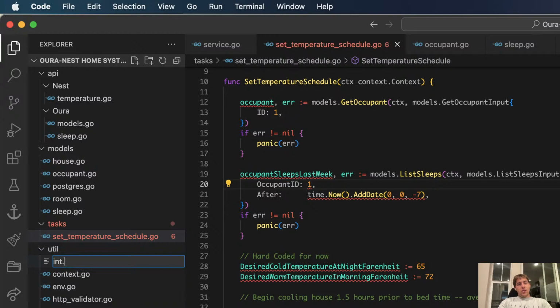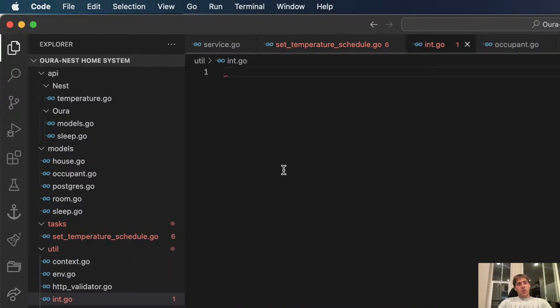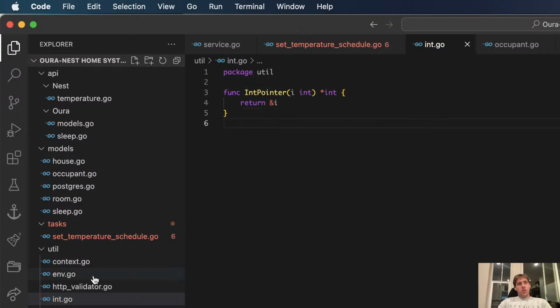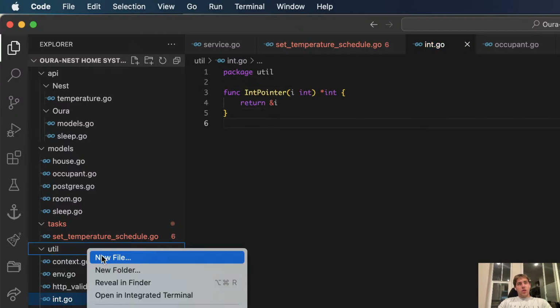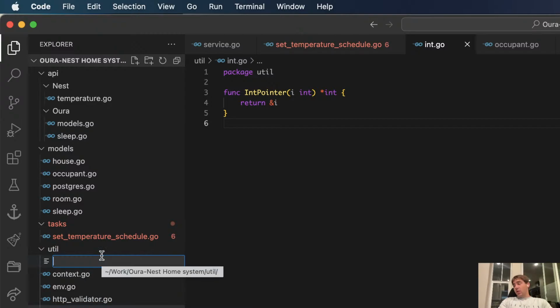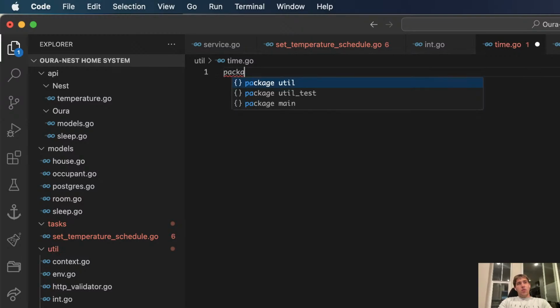No, I need an int. Go package until say int pointer. And then we're also going to have a time.go package. Okay. Time pointer.